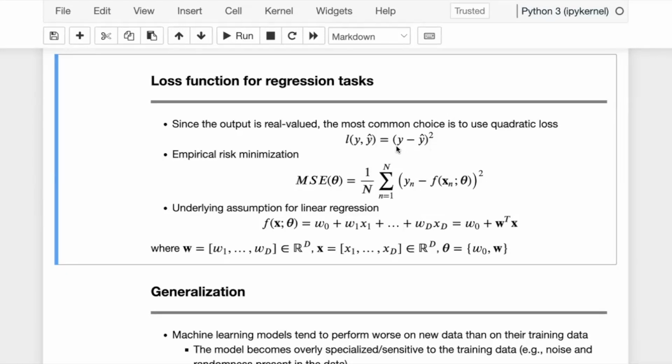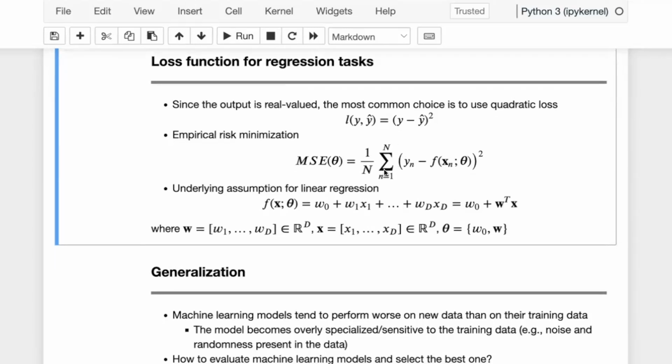Because in that case, if this becomes negative, when you add these disagreements or these values of loss functions, they can cancel each other, and that's not a really good idea. So therefore, in general, one of the properties of loss functions is that they should be non-negative. Based on this, if we plug this back into the empirical risk that we had, we find this 1 over n, sum over n of these residuals raised to the power of 2. So this f(x; theta) is now in the place of y hat. And this is what is known as mean squared error, or MSE, which is a very well-known